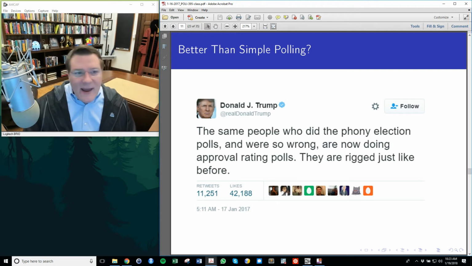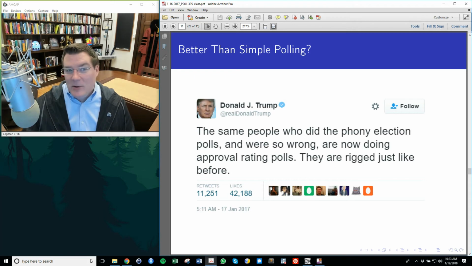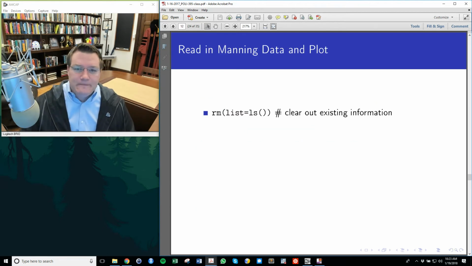But they have different strengths and weaknesses than polling. And I don't think I'm ready to say they're better than polling, but I am ready to say they make use of different information than polling, and they may give us, in combination with polling, some additional insight into the process. So what we're going to do now is look at